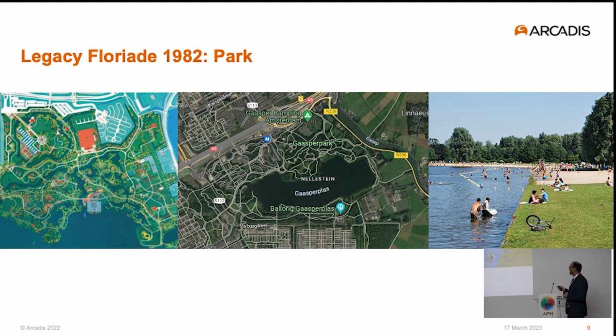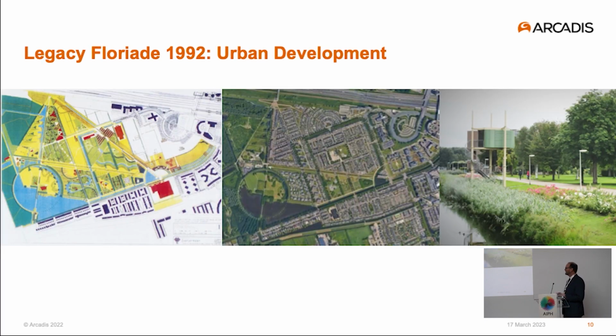And you can see in this picture that it's a place that is very much used and people really like it. It's a very popular place in Amsterdam to go. The second example is 10 years later. It's in Zoetermeer. There the Floriade, so this is the Expo design, was the kickstart of an urban quarter